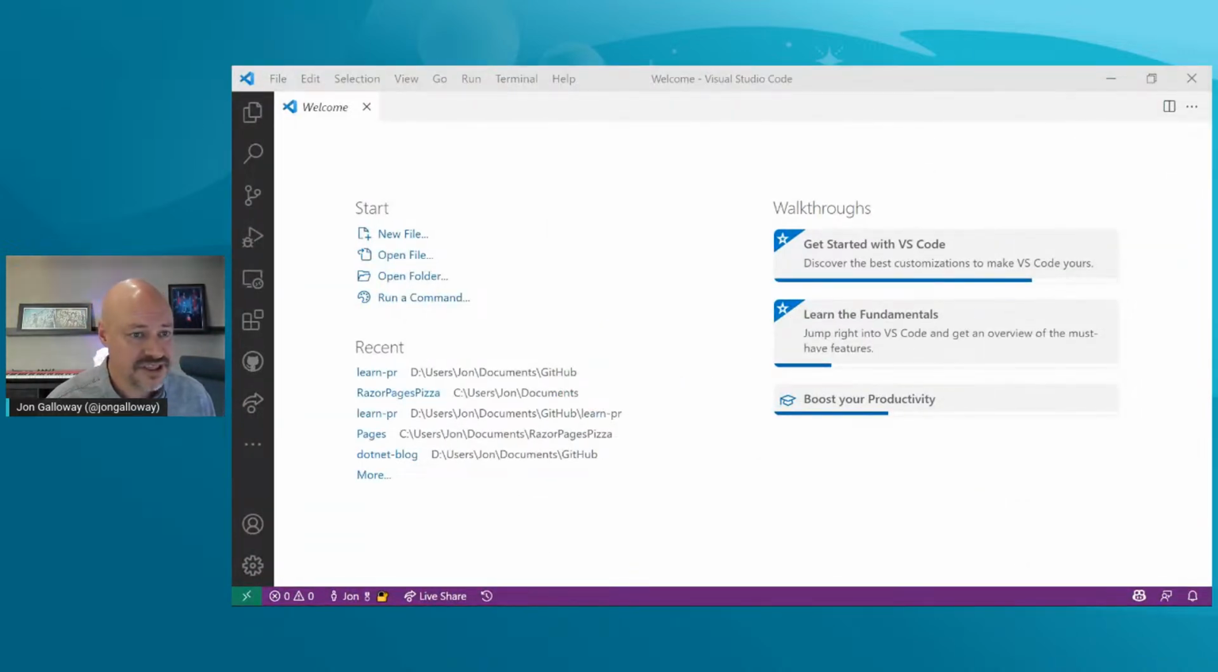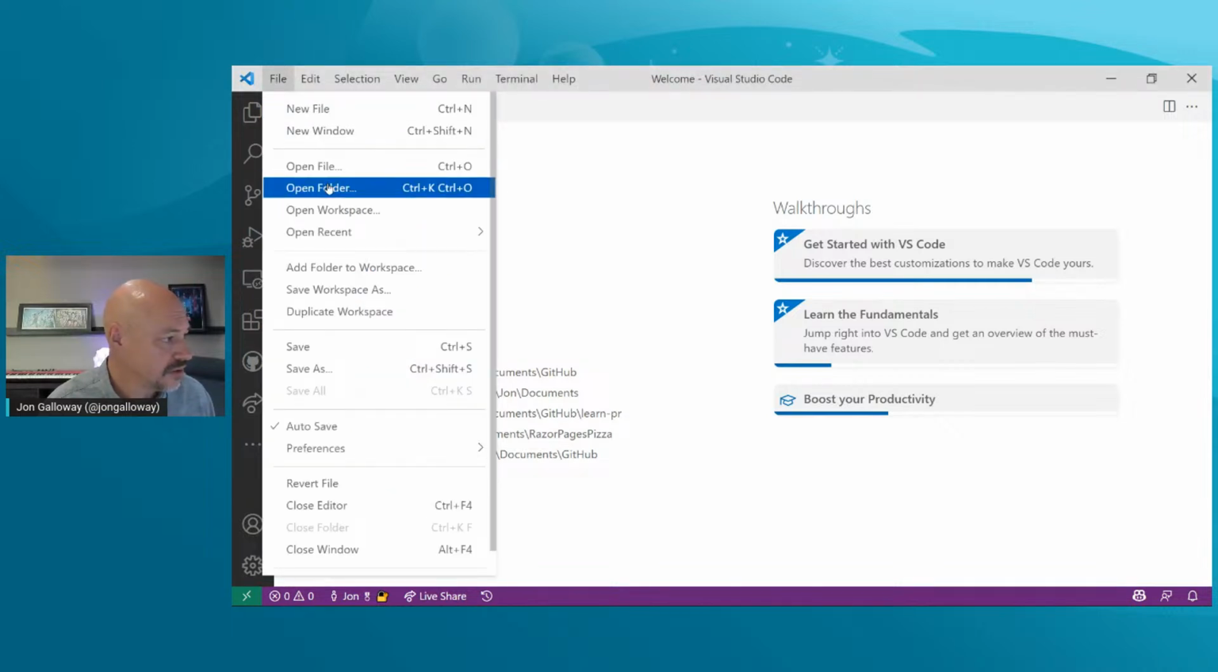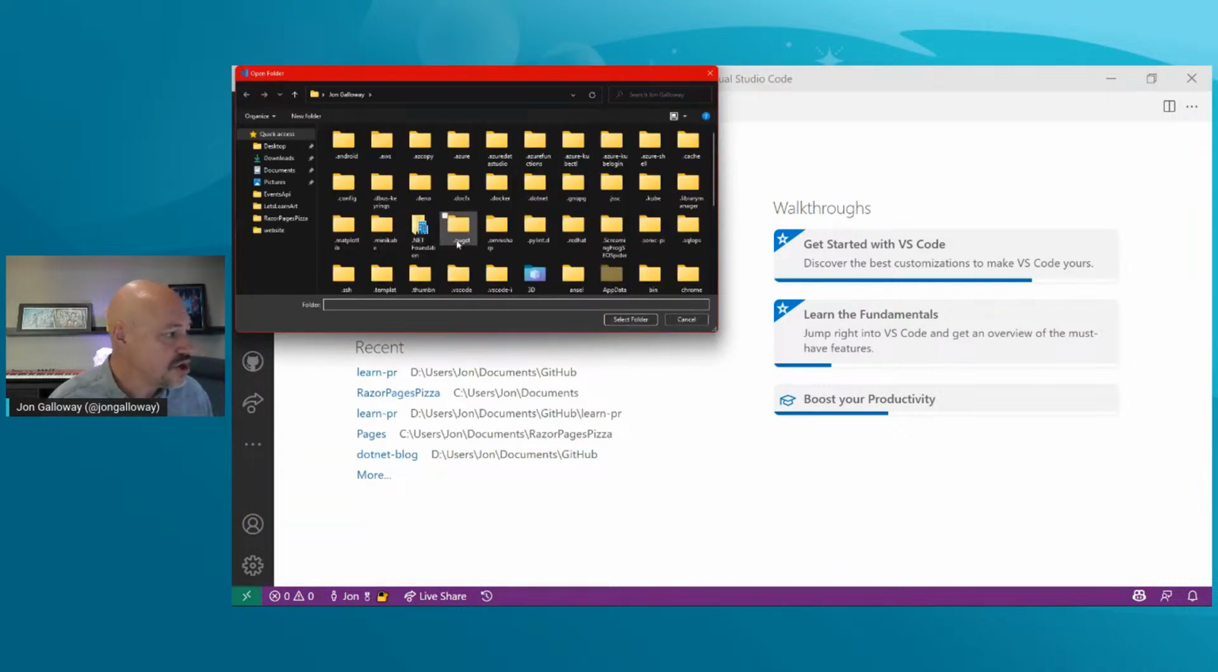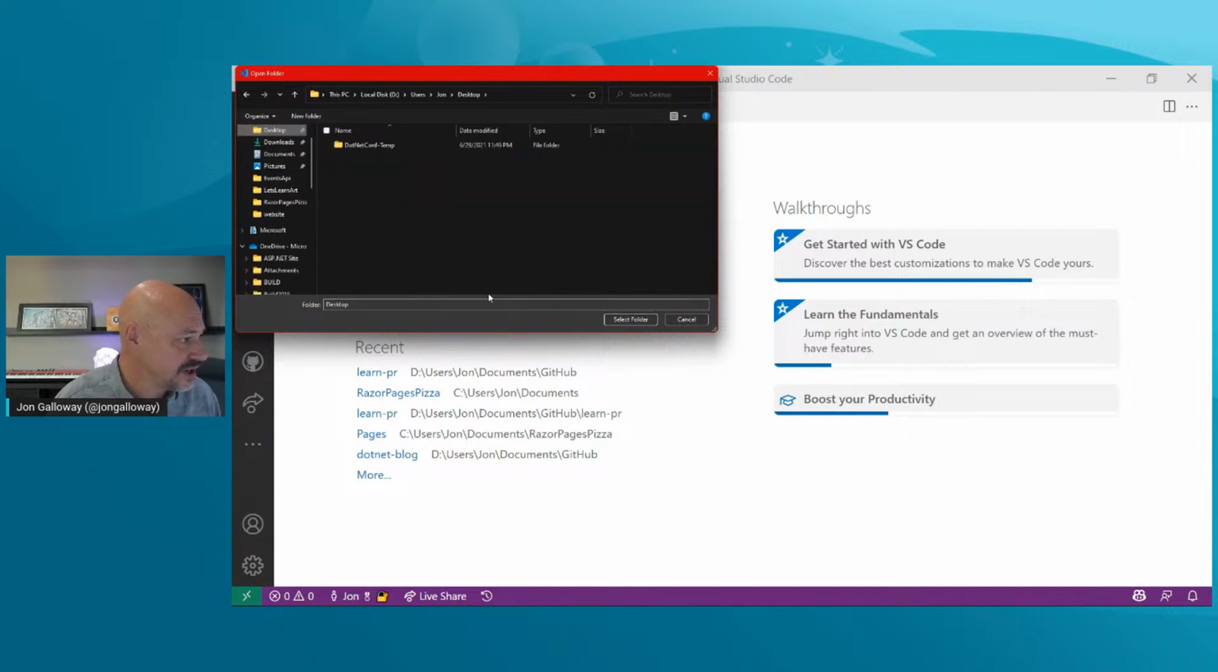So my first step is I'm going to create the new web app. I'm going to do File, open folder, and then I can create a new folder. So look at all these folders. Like a good person, I'm going to create it on the desktop. So we'll do new folder. I'll call this pizza